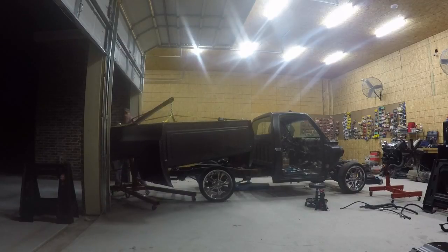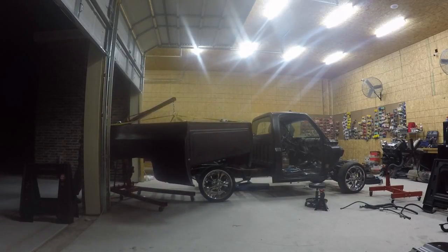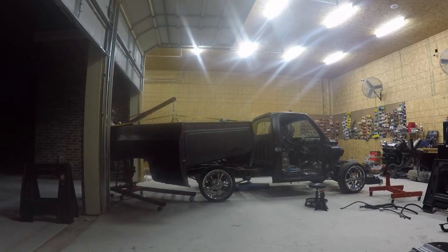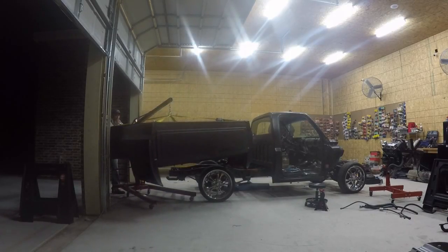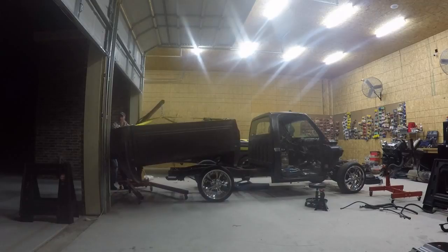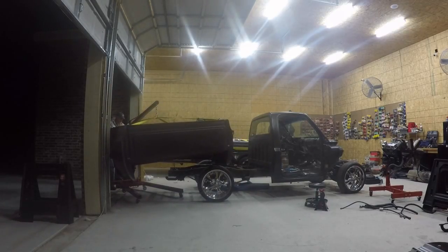All right, so here I'm going to give you a quick rundown of how this bed sits right now. As you can see here, it's resting on 4 workhorses that you can buy, Husky brand, at the Home Depot. They each hold, as you can see, 1,000 pounds, and I just have the weight distributed equally on